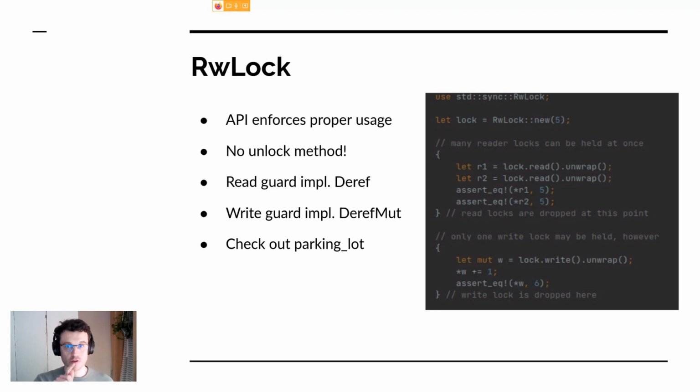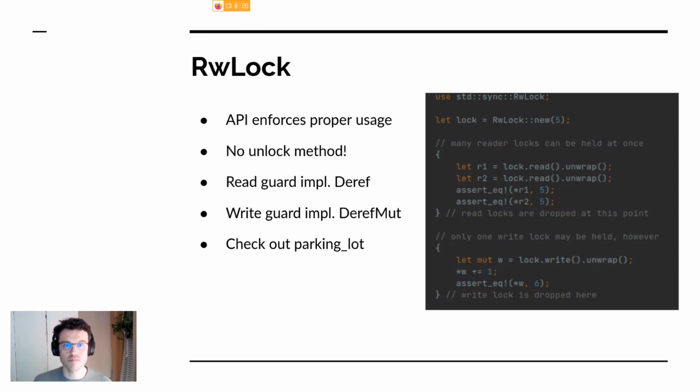Before talking about the RwLock, the mutex protects a piece of data and enforces a single thread accessing it at a time, so it's very strict. If you want to have something less strict, you have the RwLock, which gives you several readers at a time or one writer. The beautiful thing about those APIs in Rust is that the proper usage is enforced